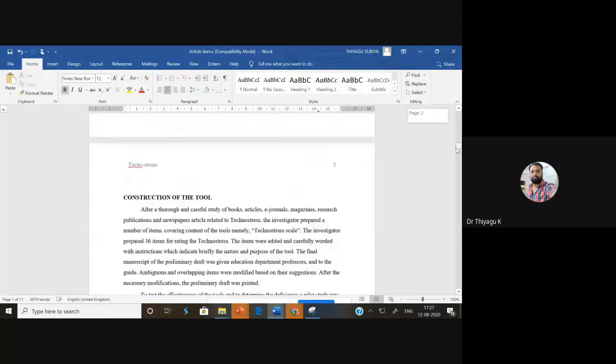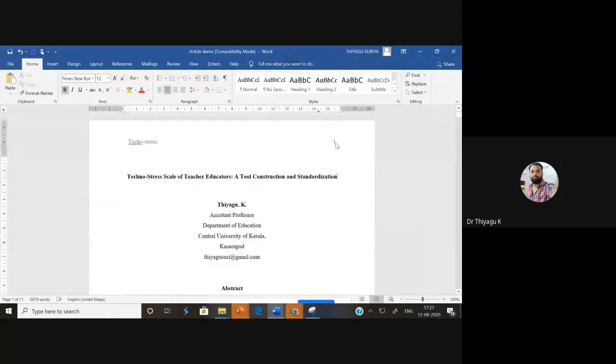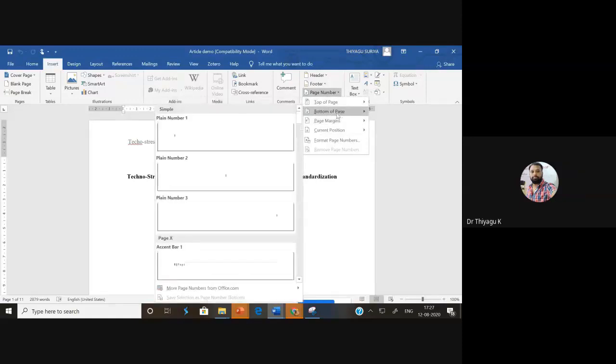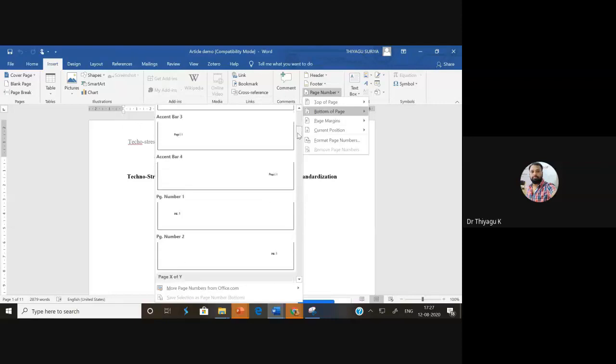So you should not type the page number manually. APA suggests that you don't go and type the page number manually. We can fix it using this option only. I hope you understand how to give the page number. Let me demonstrate once more: go to Insert, go to Page Number, in Page Number go to Top of Page, and there choose Plain Number 3. Other options are also there, but we need to go with only the page number.